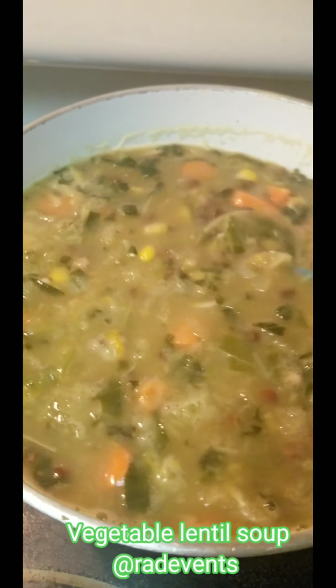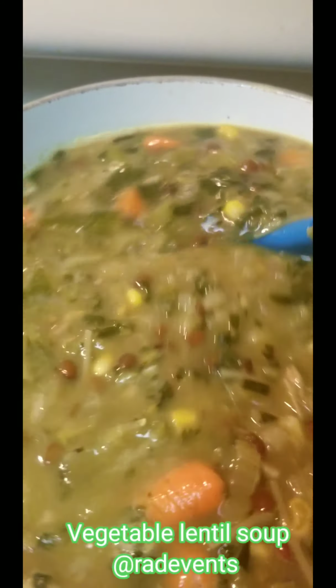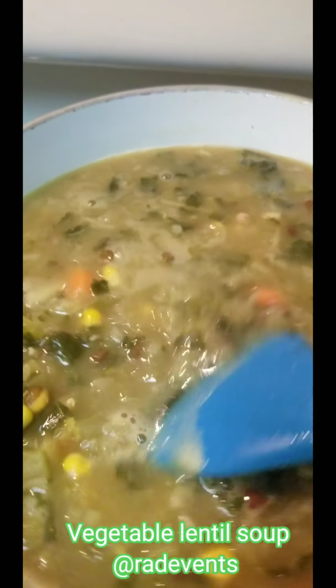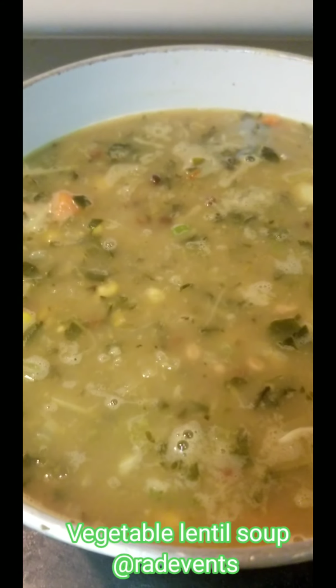Lots of onions, garlic. Oh, this is so good. It looks so good. And let me tell y'all, I already taste it. It's dope. All right, so one more thing I want to add in here, because I like my soup to